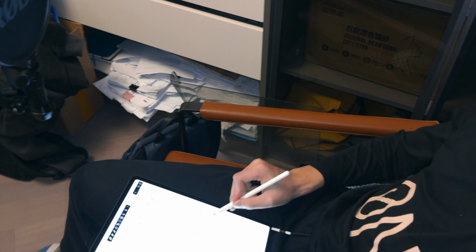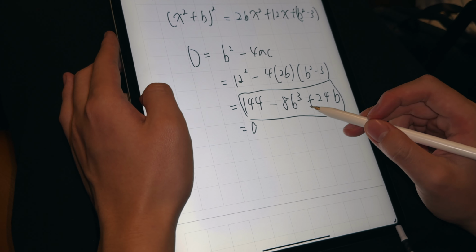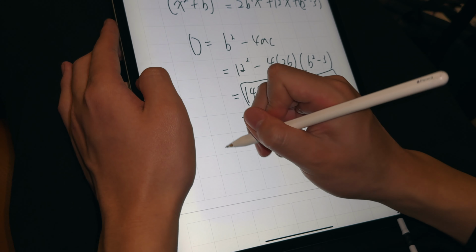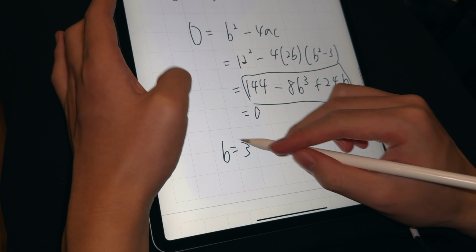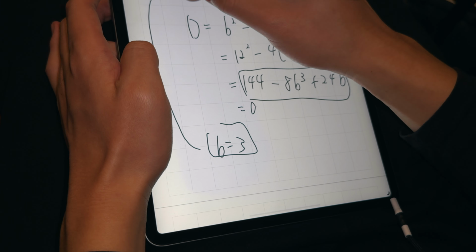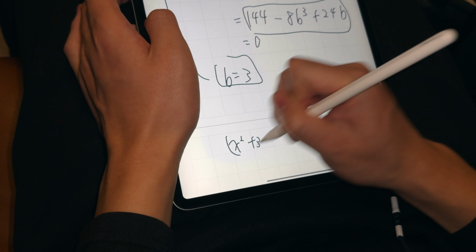How can we solve that? Well, fortunately, Ferrari and Cardano knew how to solve this depressed cubic. As you can see here, this is just another depressed cubic equation, and Ferrari and Cardano can confidently solve that b is equal to 3. Then we can plug b equal to 3 back into this equation, and we can now rewrite it as (x squared plus 3) squared